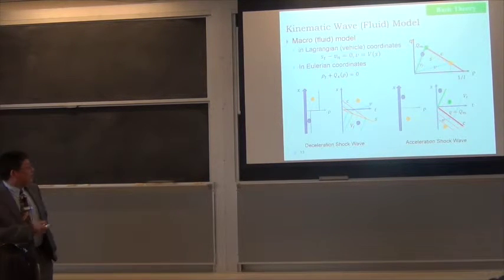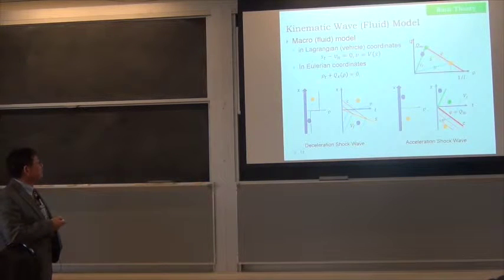And then once we have this relation, you can have the conservation of vehicles, conservation of flow, and that is given by a partial differential equation. This is the basic model that we're going to have. Actually,